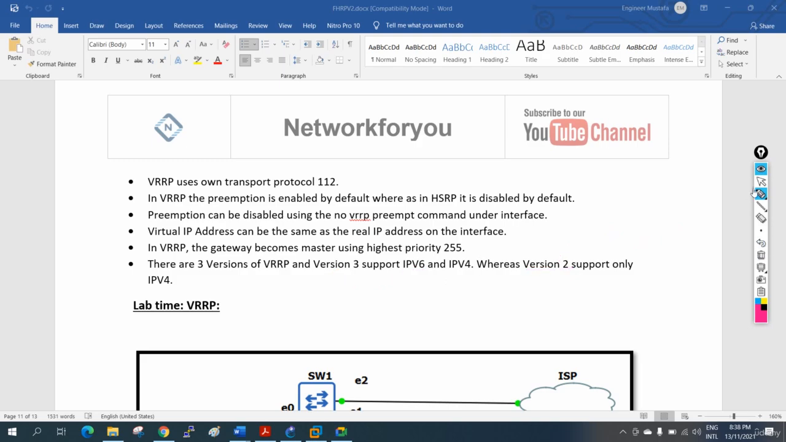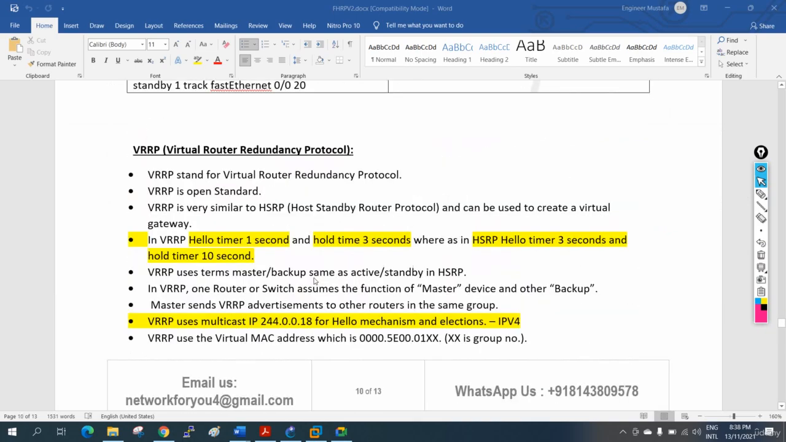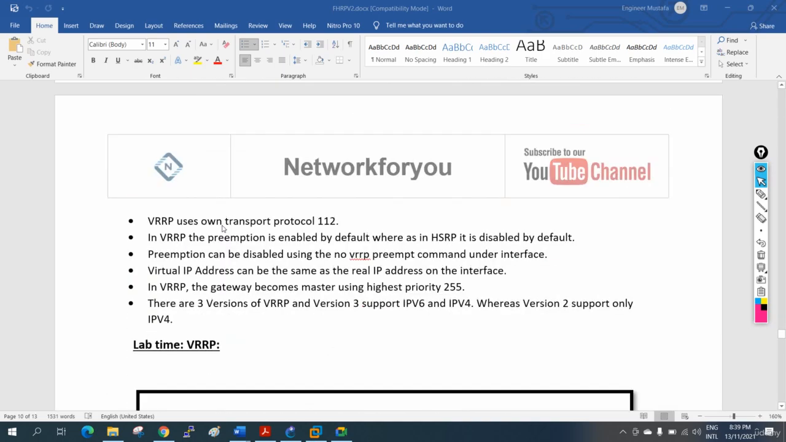So now we will do one lab, so you will have the idea. This is the theory about VRRP. Just remember, this is similar to HSRP. Everything will be the same, only the multicast IP is different, the MAC address is different, the hello and hold time are different, and it works as an open standard, that is, it will work in all vendors, whereas HSRP works only in Cisco devices. Okay, so let me stop this theory, and then we will